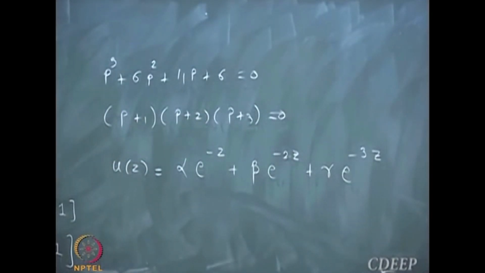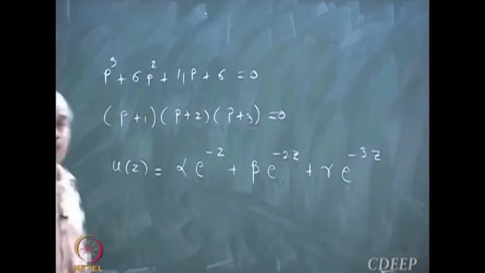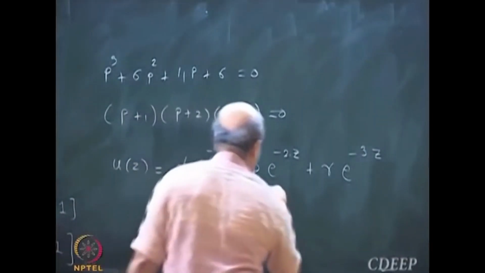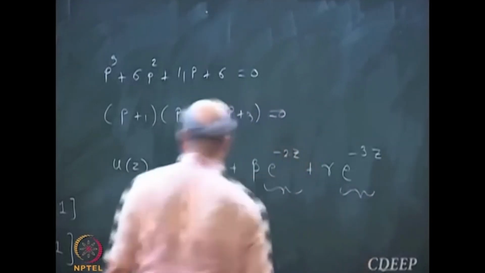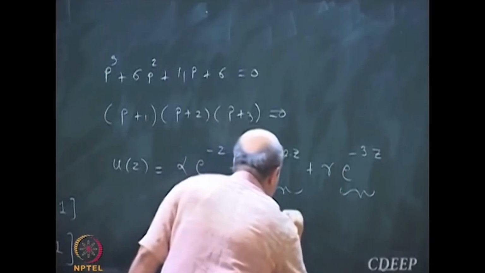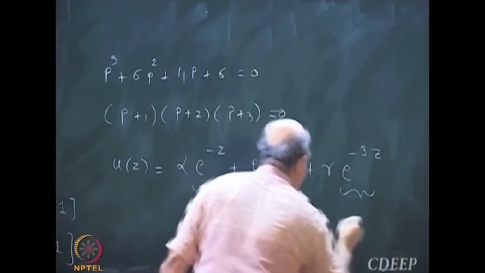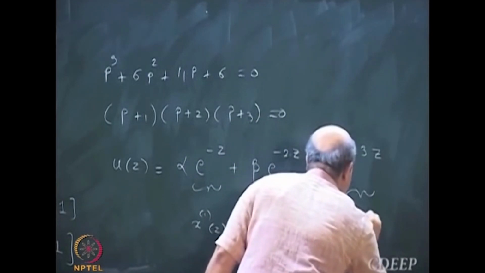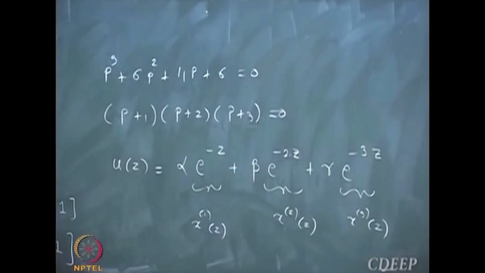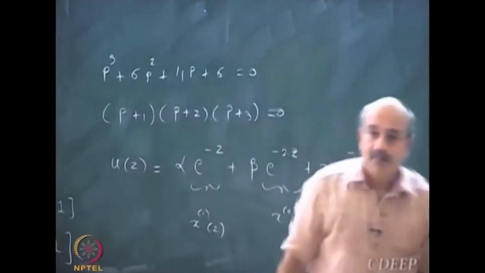Okay? Look at these 3 vectors. Where are the vectors coming here? The vectors are e^(-z), e^(-2z), e^(-3z). So this is my x1(z), this is my x2(z), and this is my x3(z). Okay? The general solution to this problem belongs to